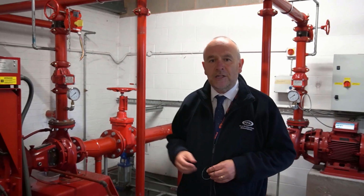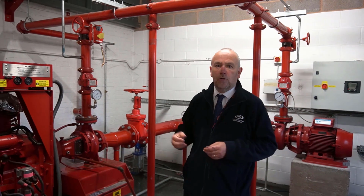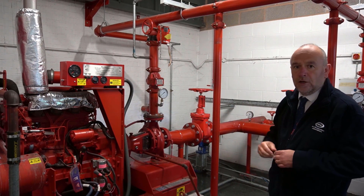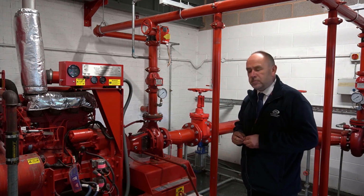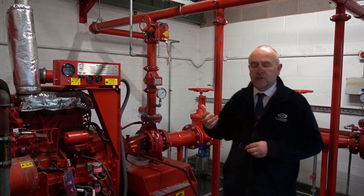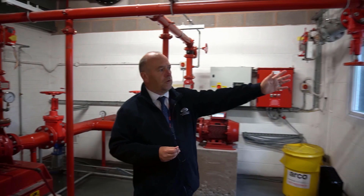The 2 pumps don't match, but that gives delegates a bit more real world experience than just coming on a course, because ideally the 2 would match, but obviously you're going to learn a lot more from having 2 mismatched pumps. And in the back there we've got a small jockey pump as well, which obviously tops up the system pressure. It's all connected into the pump start board, so we will be showing you how to use